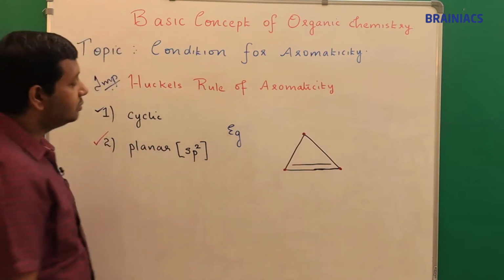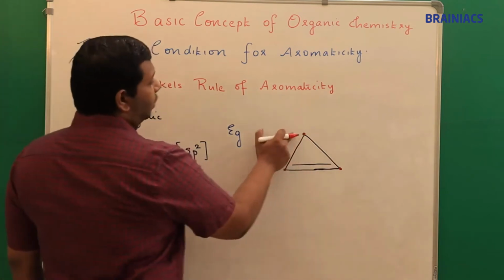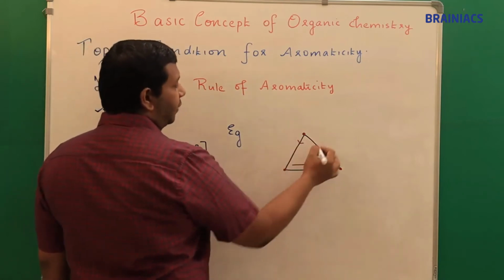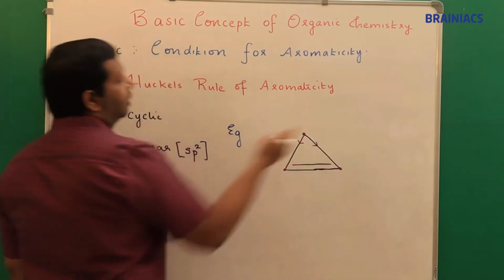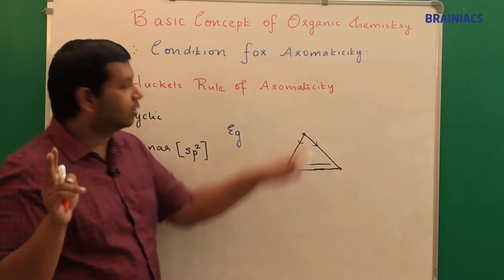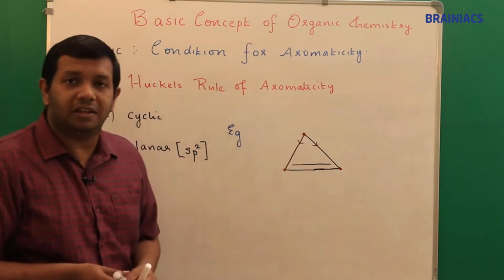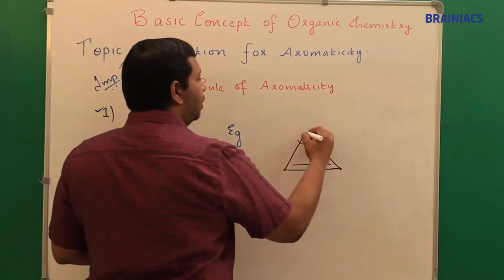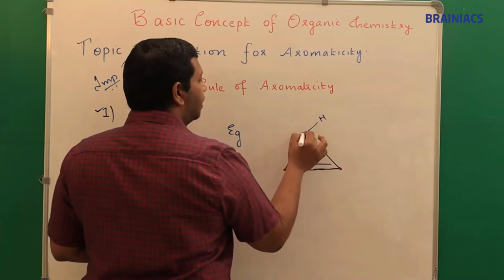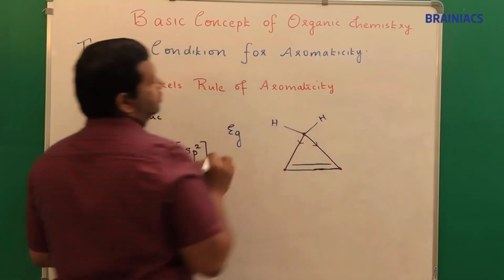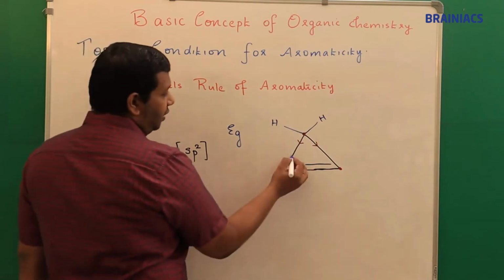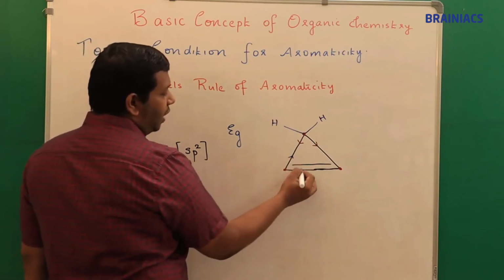Now coming to this one, you can see here one valency is satisfied here, one valency is satisfied here. Only 2 valencies are satisfied for the carbon. So what will be the next 2 valencies? I can surely say that is hydrogen atoms, which are usually not shown. So there is one hydrogen atom here, there is one hydrogen atom here. Correct? Now coming to the next carbon atom, one valency is going in this direction, 2 valencies are going in